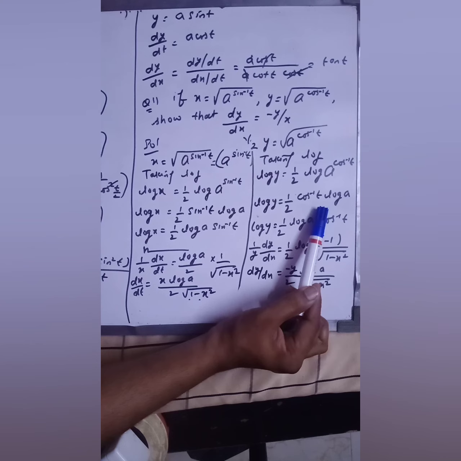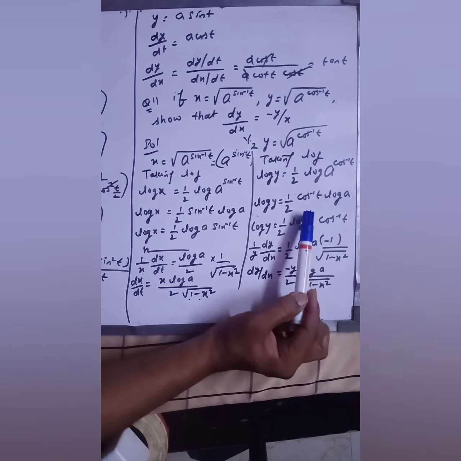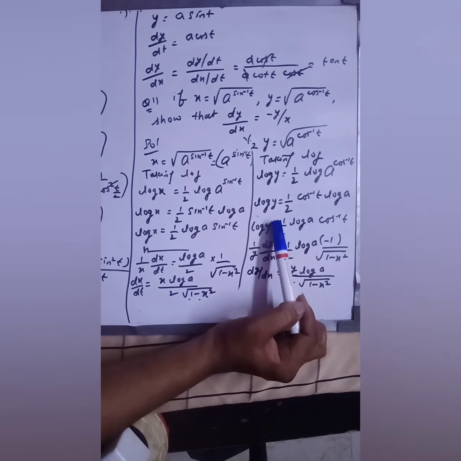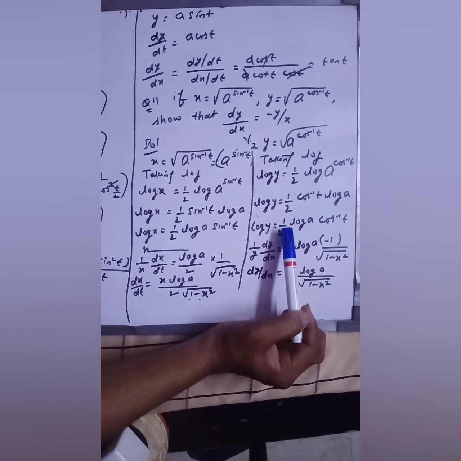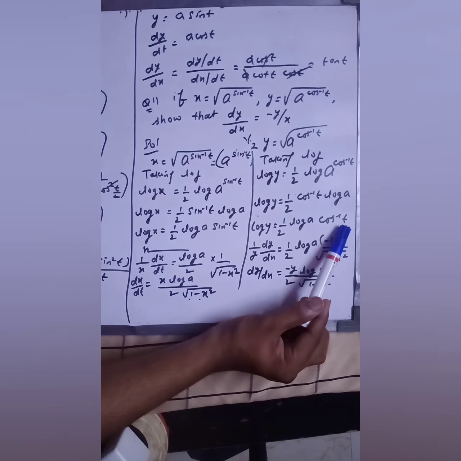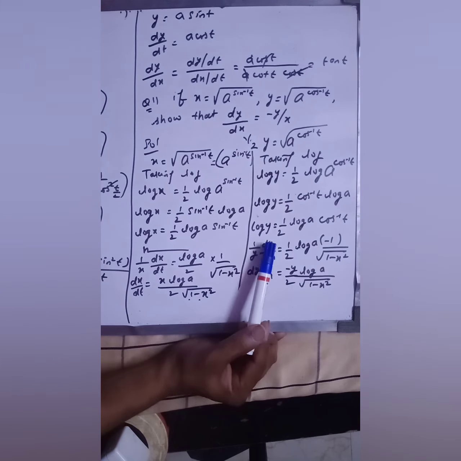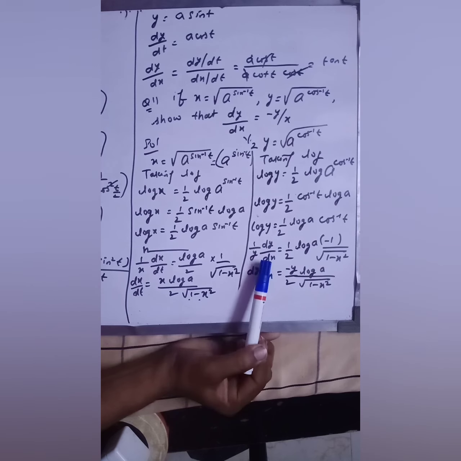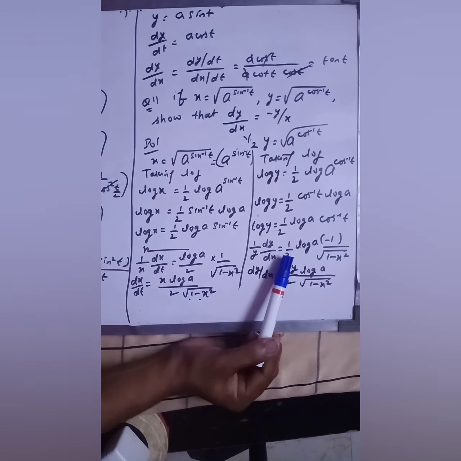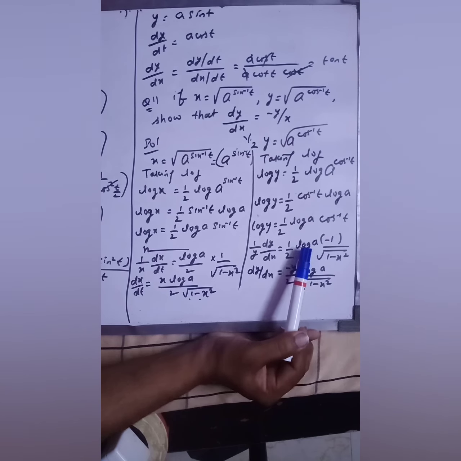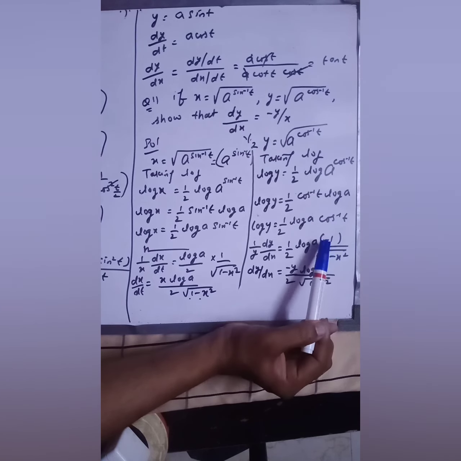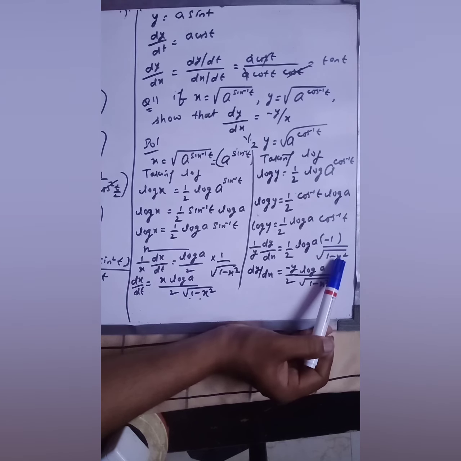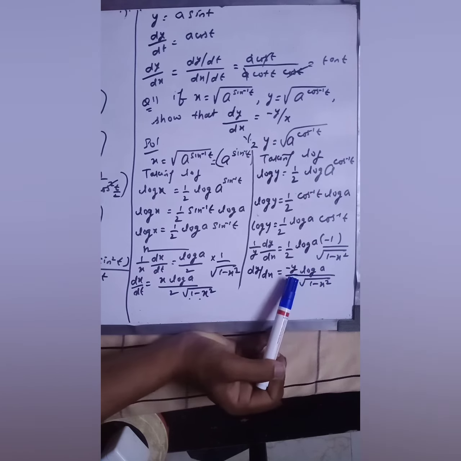Okay, now again we are differentiating this, just we are arranging. First we are writing log a first, then cos inverse t, because these are constant functions, so we are writing them first, before this. Okay, so half and log a we are writing first, then cos inverse t. Then here you have to differentiate, you will get 1 by y dy by dx is equals to, half will remain the same, log a is a constant, so it will remain the same, and derivative of cos inverse t is minus 1 upon root 1 minus x square. Okay, and on solving this, arranging this, you will get dy by dx.